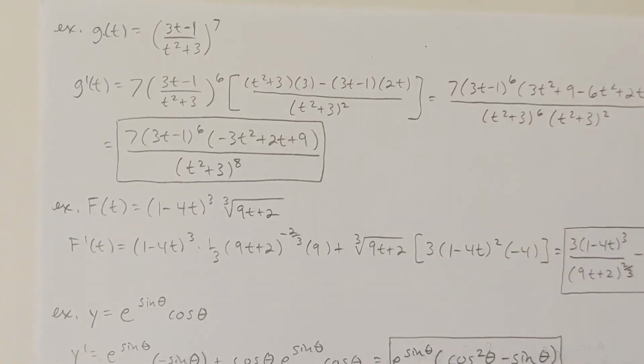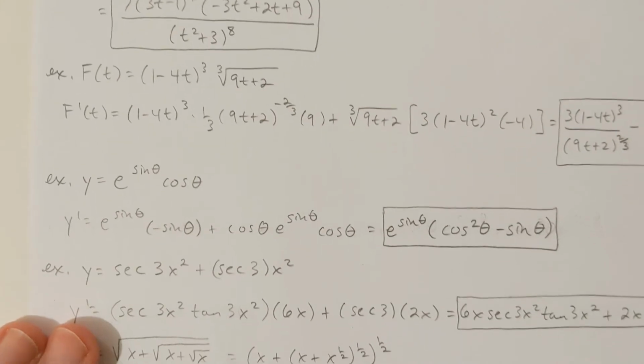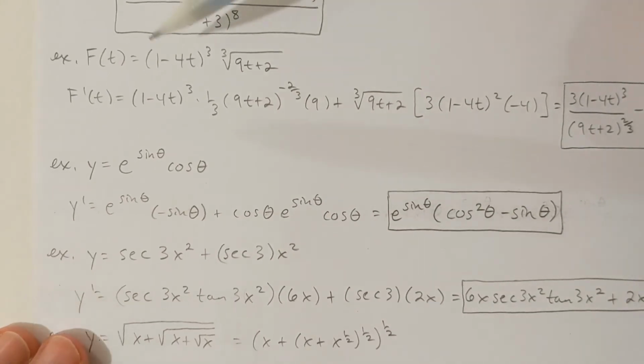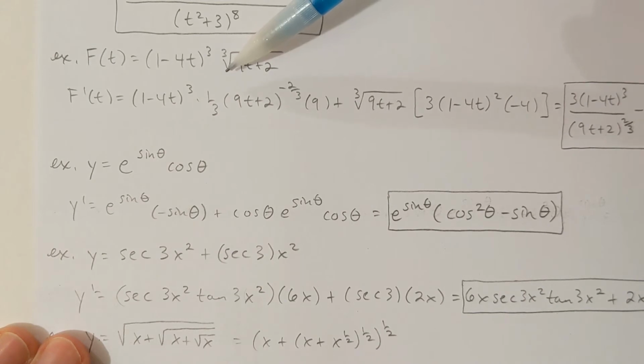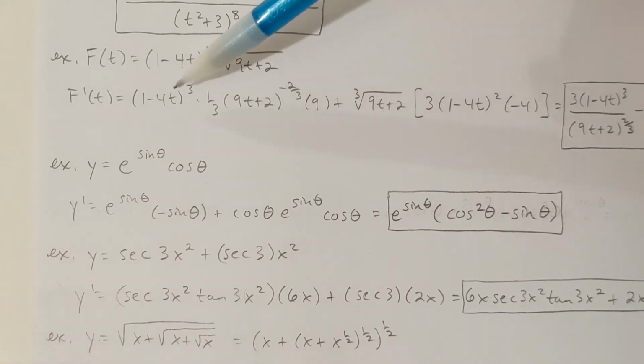For several reasons. Number one, we're going to have to know it anyway because it's all over the place. But number two, it's a good recap of the things that we've already talked about with like power rule, product rule, quotient rule, the trig stuff. So let's take a look at, here's another example. F of t is a product. And so to begin, I'd want to use the product rule. Now,